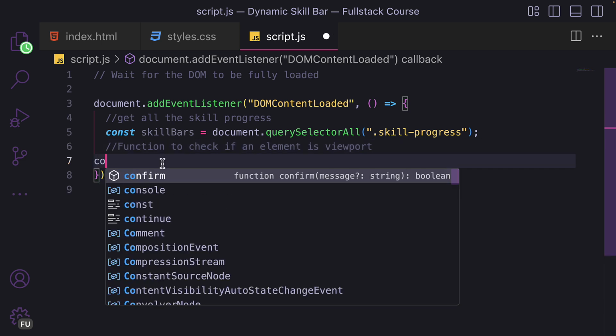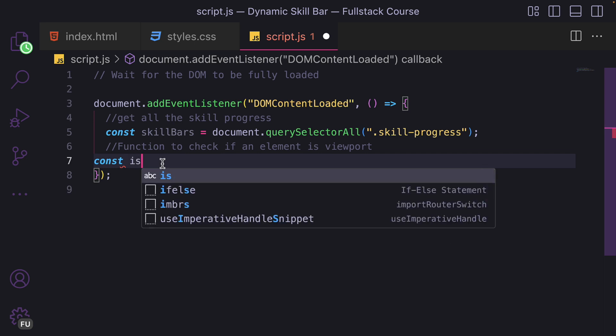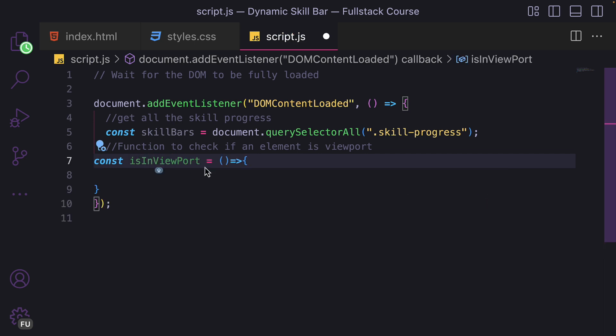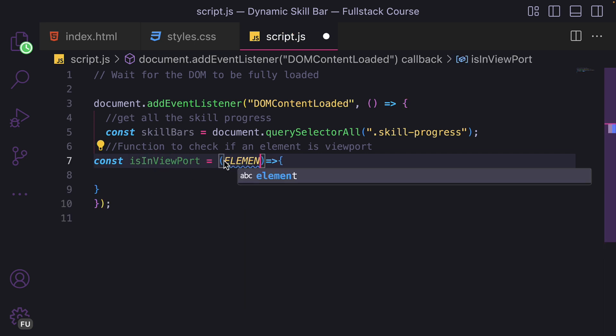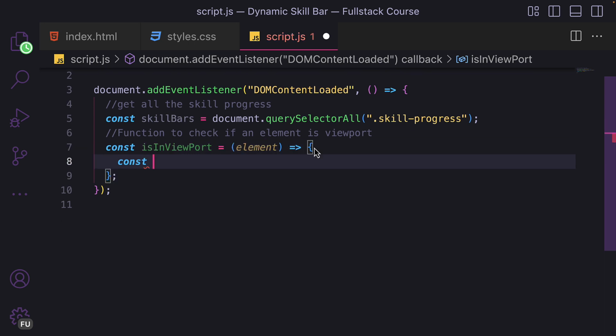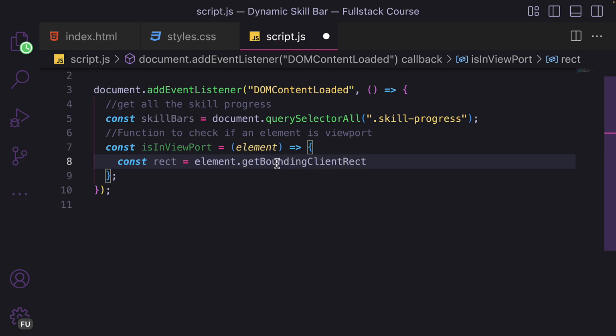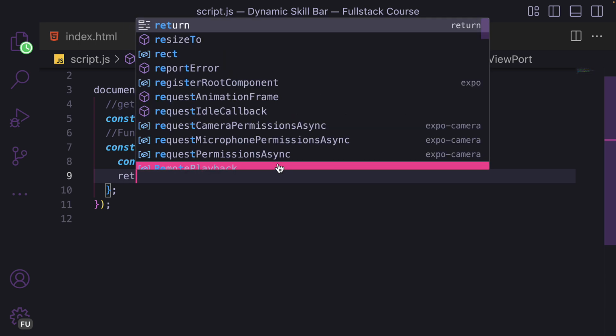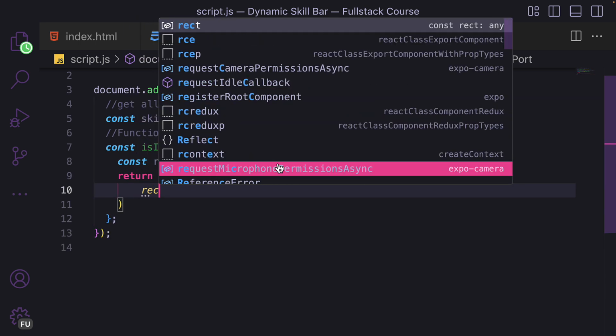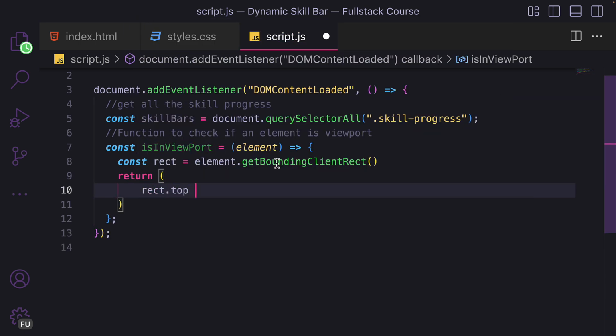And the function goes like this: const isInViewport. This function is going to take in the element. We are going to use a method on the element which is called getBoundingClientRect. It goes like this: rect is equal to element.getBoundingClientRect(), and then we're going to return on the rect: top is more than or equal to 0,